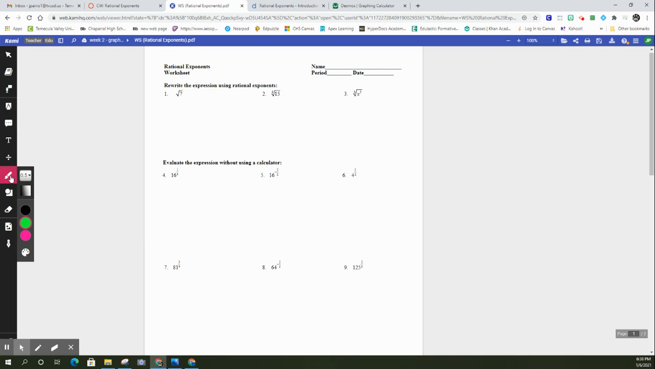All right, so I'm going to work through the homework assignment with you guys here. The first three are rewriting, so they're in radical form, and we need to rewrite them using rational exponents. So again, the rule